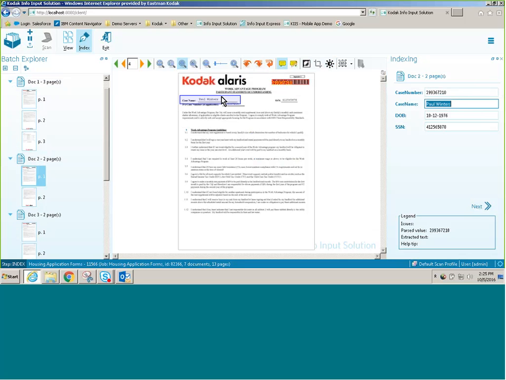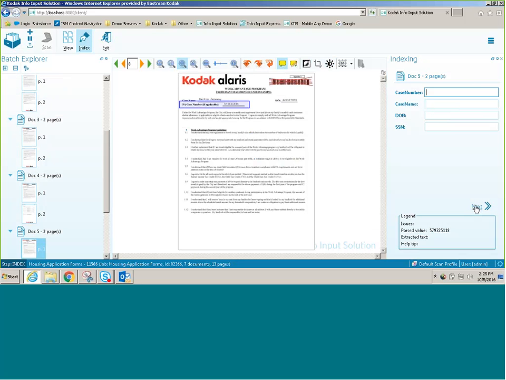Again, you can see the little zoom field over here, so we can check our index fields. One of these documents is not going to have information in it because we know it has a damaged barcode. So when we get to this, it's blank, and what I can do is